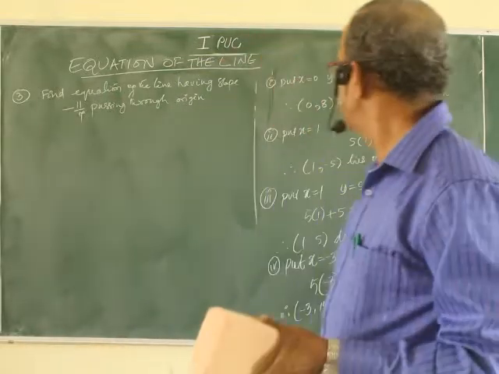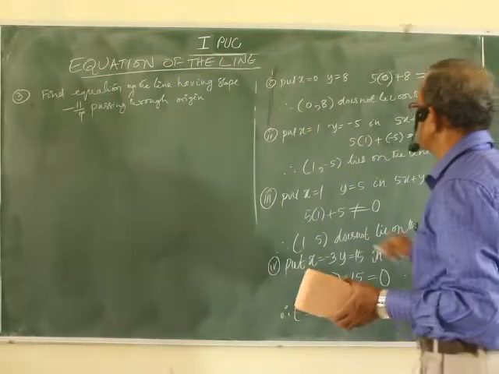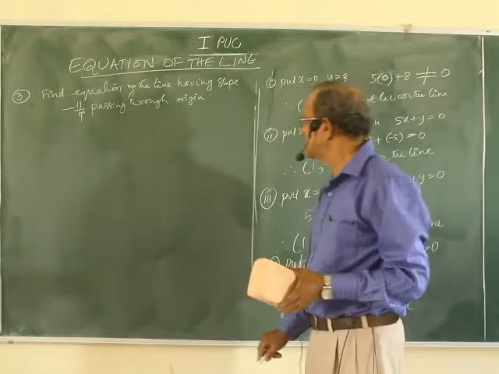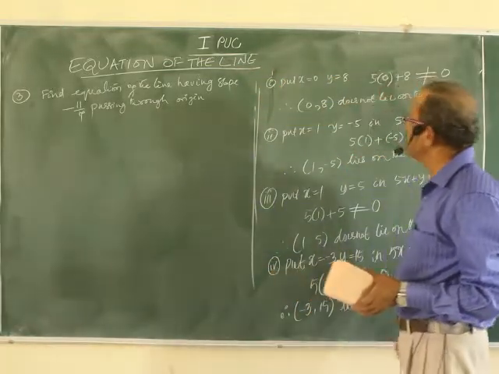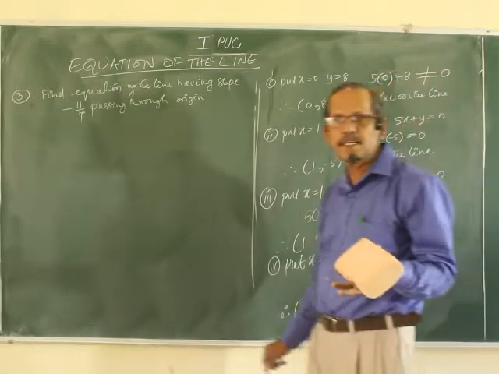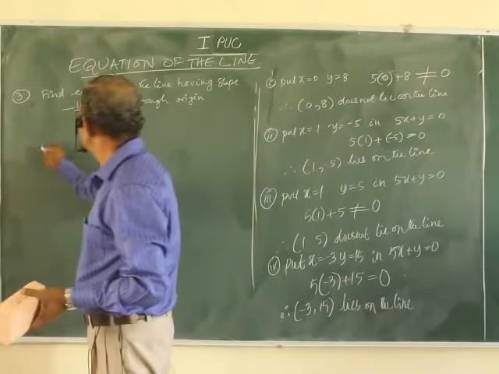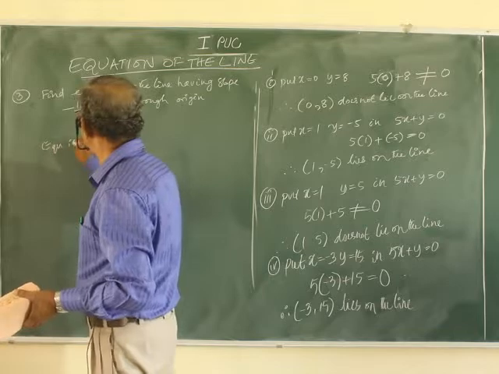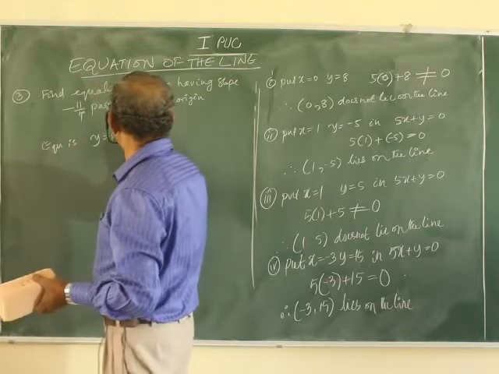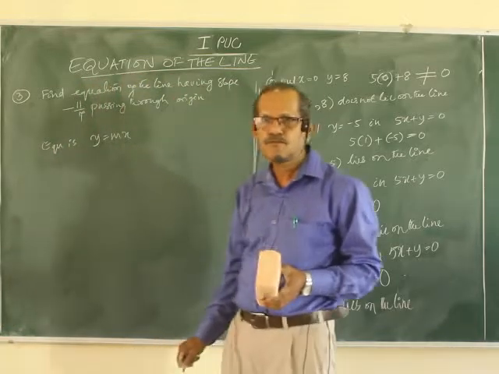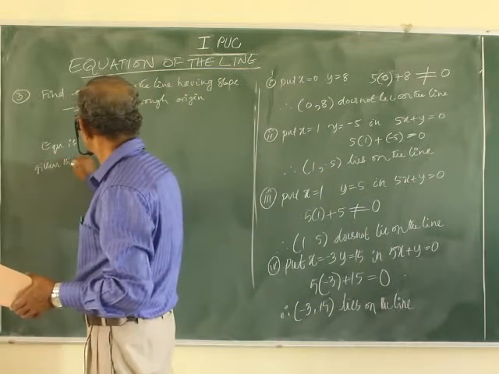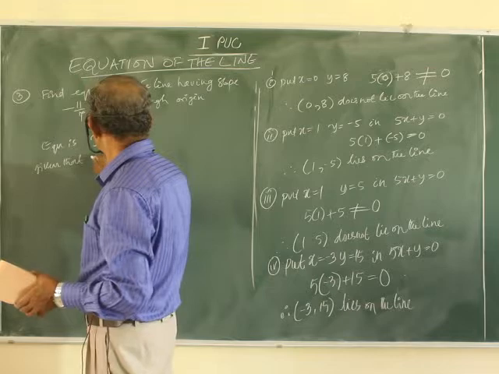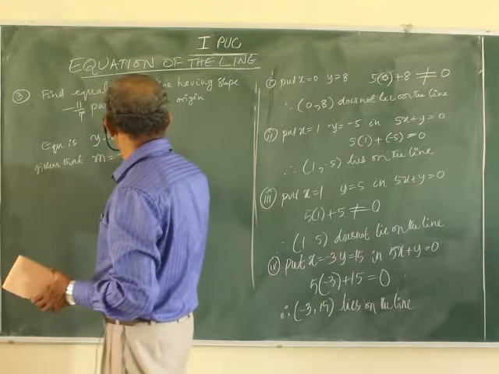Let me make the idea clear about the first formula. That is why many more examples are given here. See. Again same, m is given, find the equation, that's all. Passing through the origin means the formula is this. Equation is y equal to mx. Given that m is minus 11 by 7.